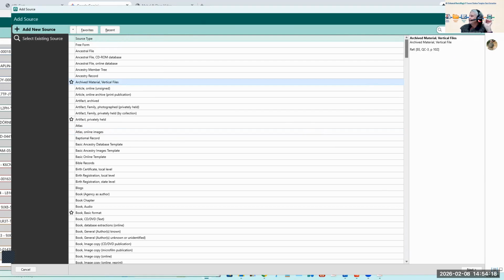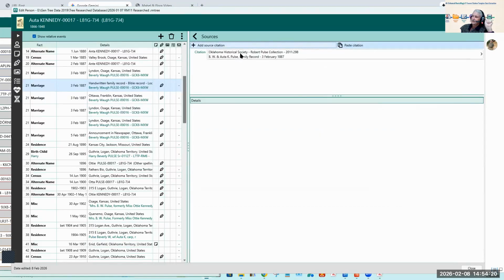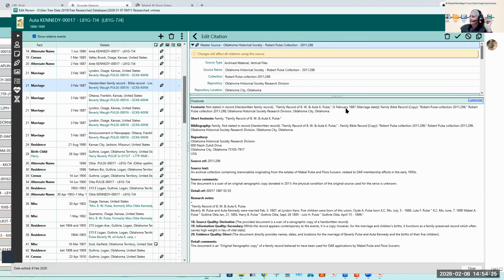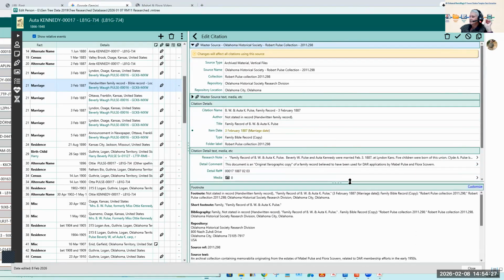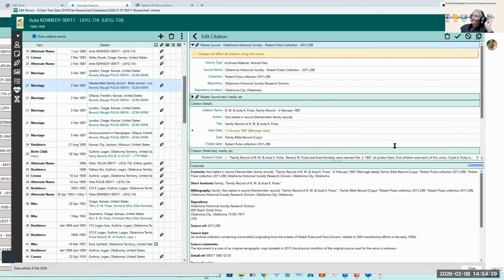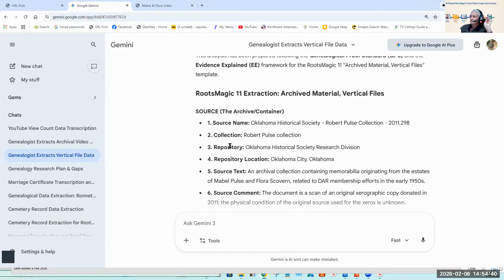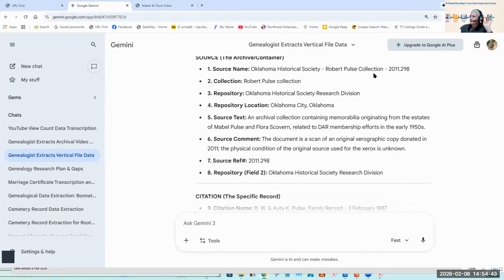So I'm going to X out of that, and that was the template, and that'll show up right up here. I'm going to pull this down a minute so we can go through the template. Archive material, vertical files, that's what's given there. And then I just cut and paste the information the AI gave me. Let's go back up here where the information is, and you'll see the information is here. When I do the cut and paste is when I do the hallucination check.